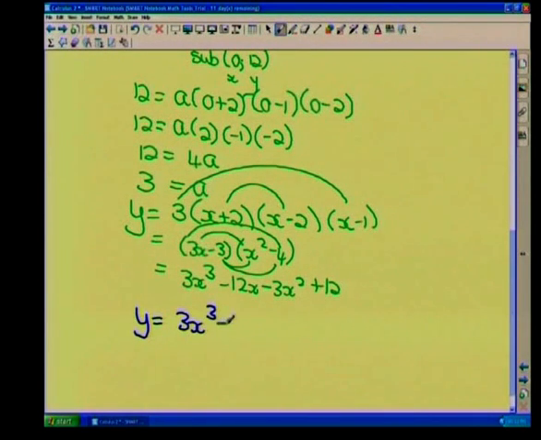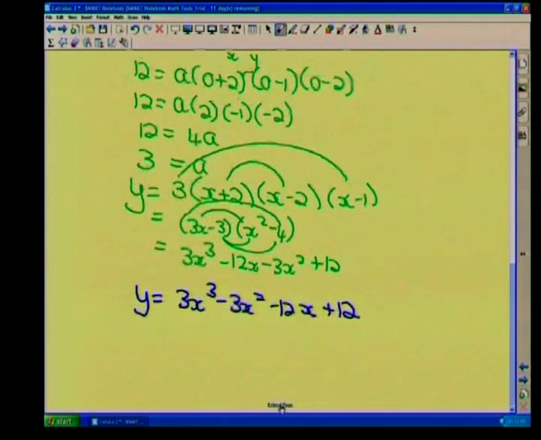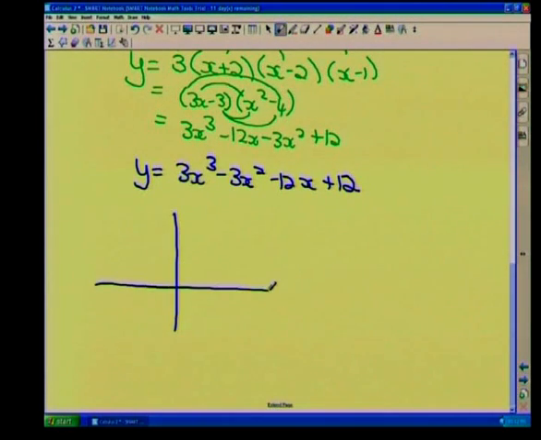3x cubed minus 3x squared minus 12x plus 12. All right, so that's how we do this, and it's relatively easy. All I want to say in the way of finishing this off is, if we have a situation like this, and that's a 1, and say that's a minus 2, and say that was 24, whatever,